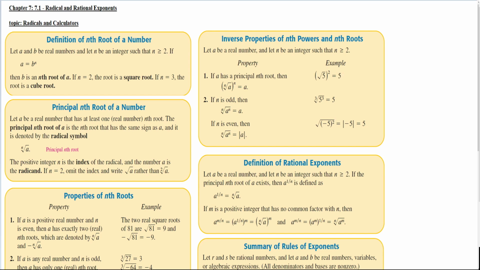My name is Joel and today we will be looking at section 7.1, radical and rational exponents, and the topic this time is radicals and calculators. So throughout this